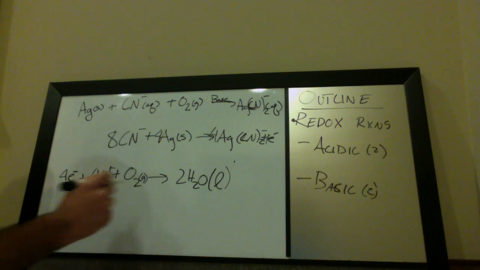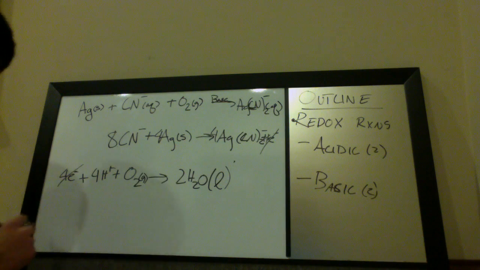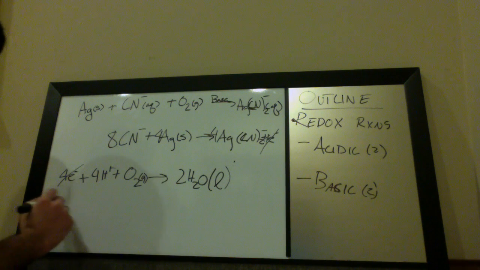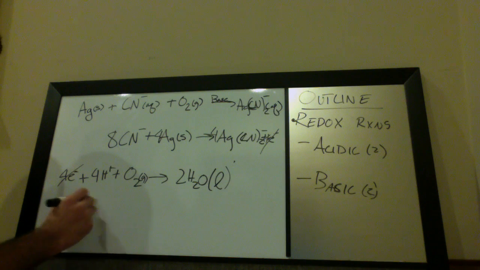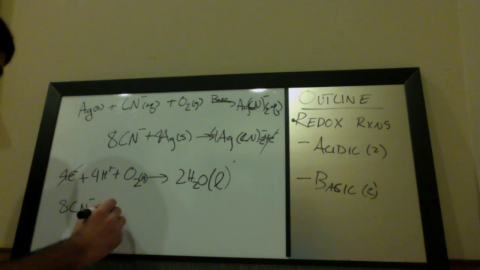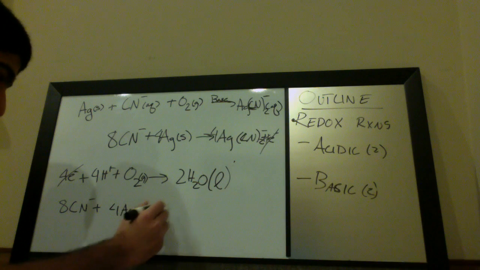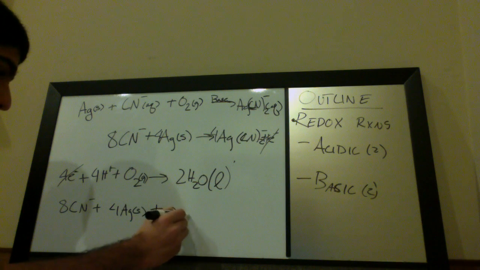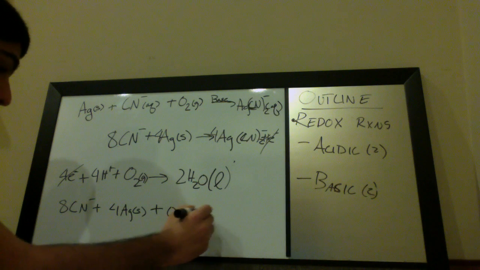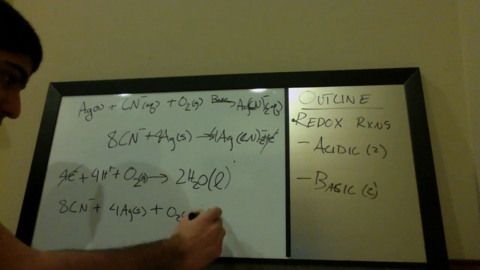The 4 electrons are canceled out. So that means I have 8 CN minus, the 4 silver solids plus the oxygen gas plus the 4 protons,